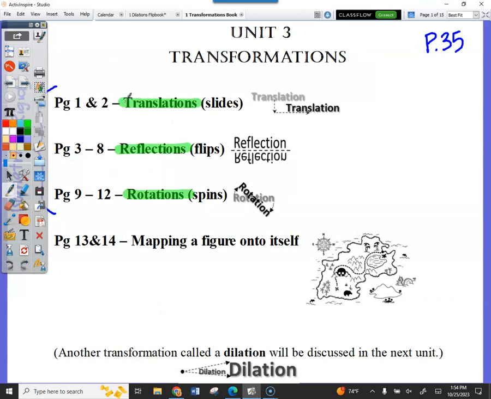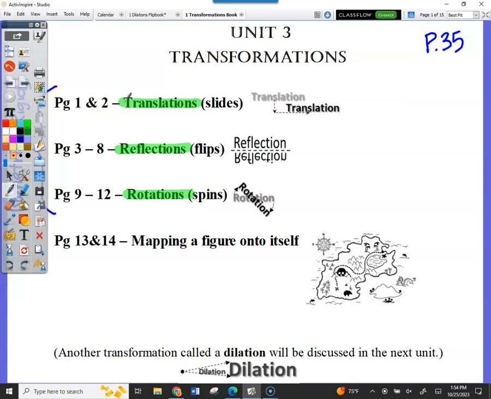I need you to recall this. Do y'all remember this? Do you remember we learned translation, reflection, rotation? Do you remember we said there's another one called dilation, but we're not going to do it yet? But now we're doing it. Do you remember why I said we're not dilating yet? Because it's getting bigger and not moving.